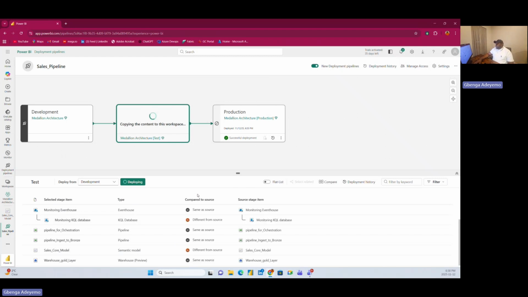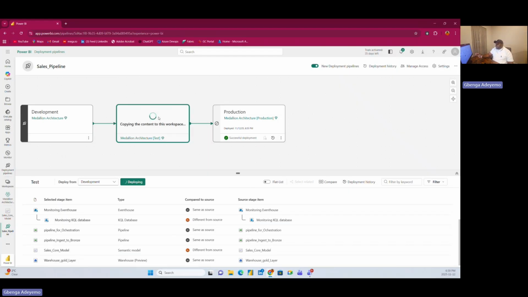I'll deploy only these two to the test environment, and I'm going to allow it to copy the content. Okay, it's just these two. So you see, this is where it gets interesting, right? Development environment, developers create stuff. Test environment is where you can bring in a few selected business users to come and see what you have created, what you have built, or someone from your data team can come there and validate what you have built to say, okay, this meets the requirement, then push it to